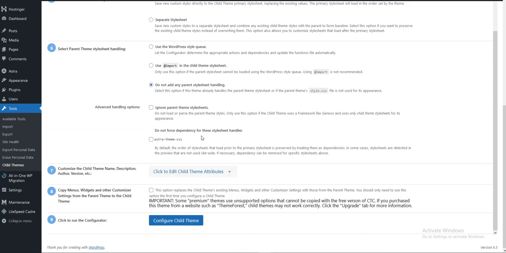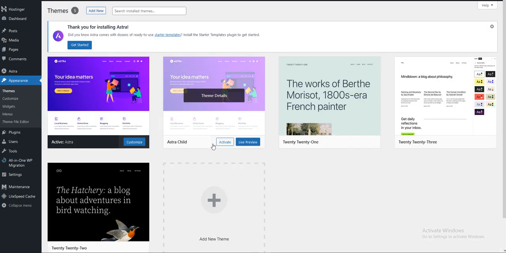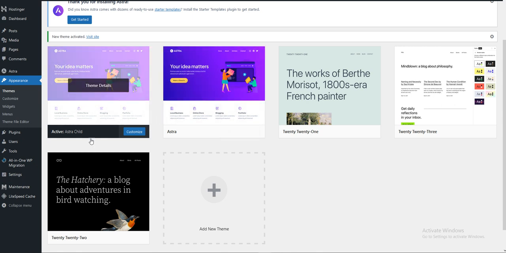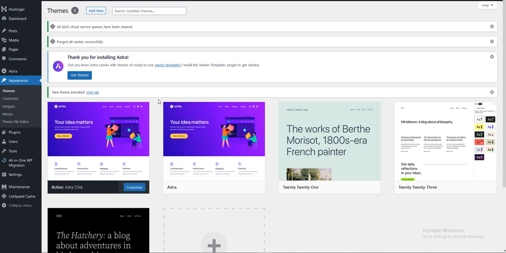Okay, everything is done, so you need to check the themes and you will see a child theme here called Astra Child. Just activate it and your website is now on the child theme. The parent theme is here, so you can update your parent theme later,